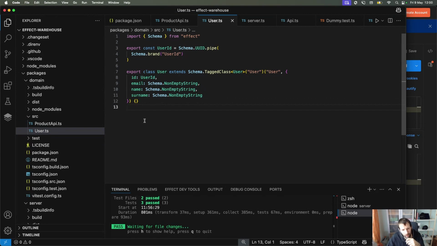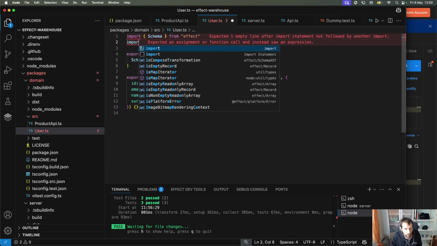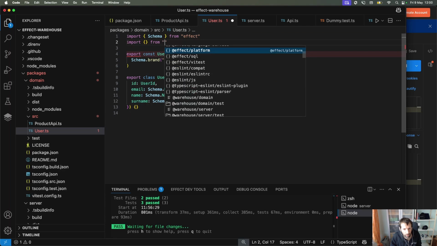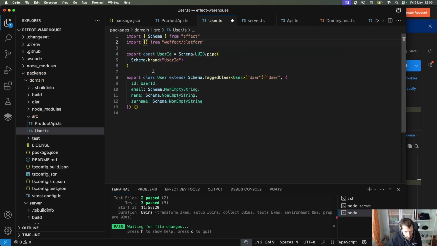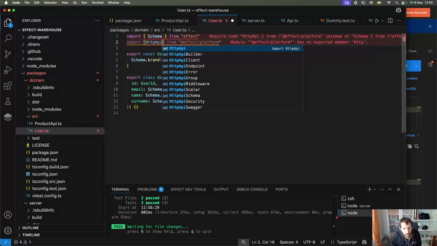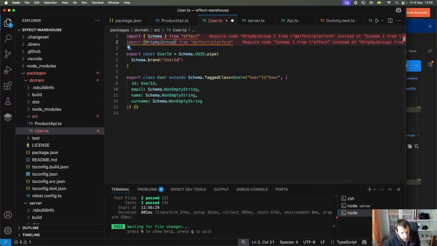A signup API will basically create the user and authenticate the user. So we want to import from platform. We want to import HttpApiGroup. Okay. And then we want to create